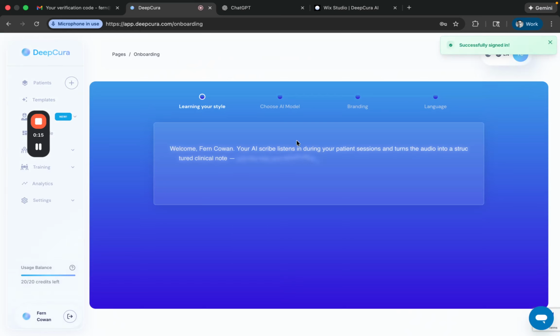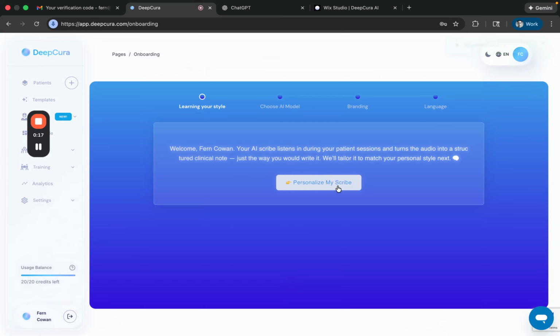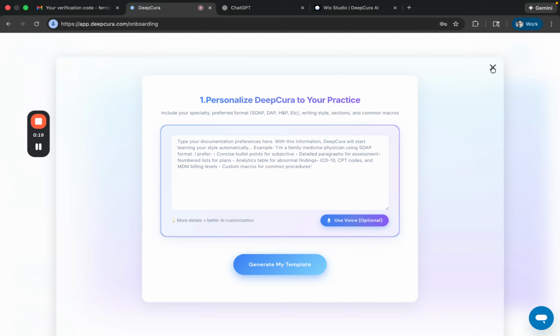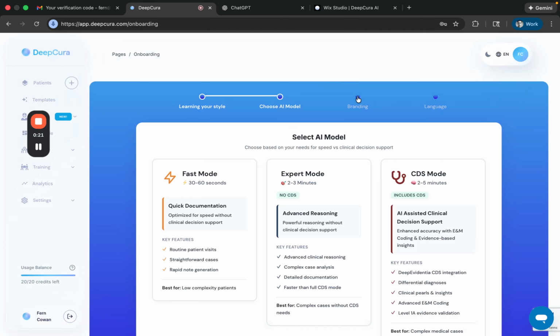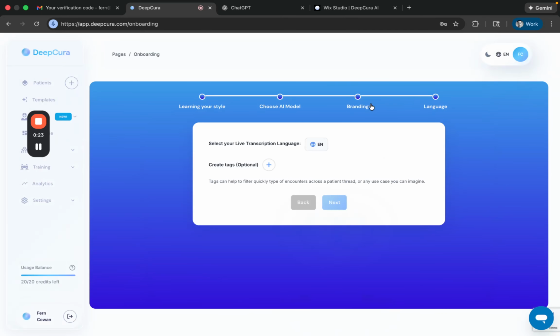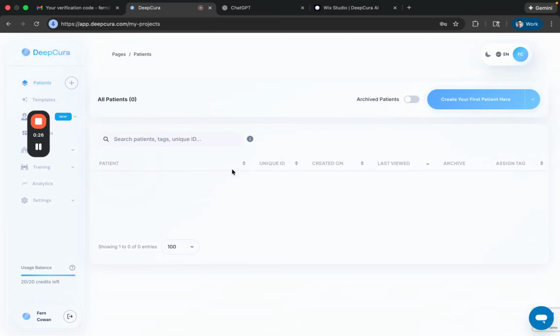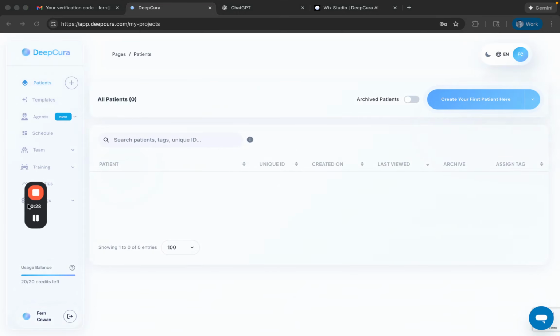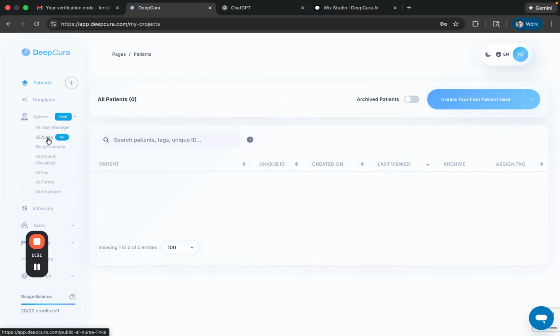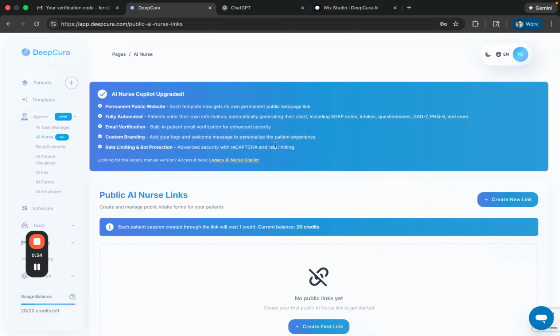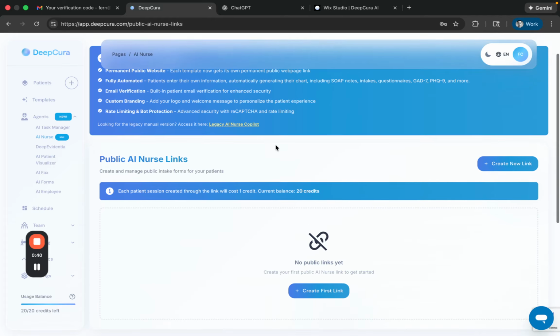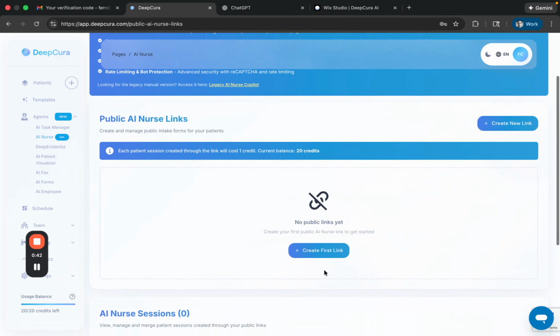However, we're going to skip this right now. So we're going to click here, X, and then we're just going to click here, language, next. And now we're going to click here where it says agents, AI nurses, and you can even add your own custom domain, so you can completely delete DeepCurious branding. So we're going to click here where it says create first link,